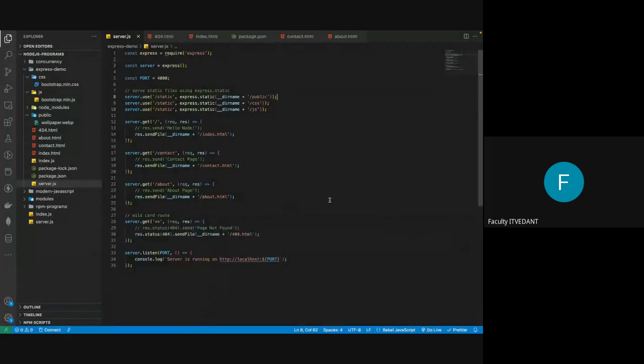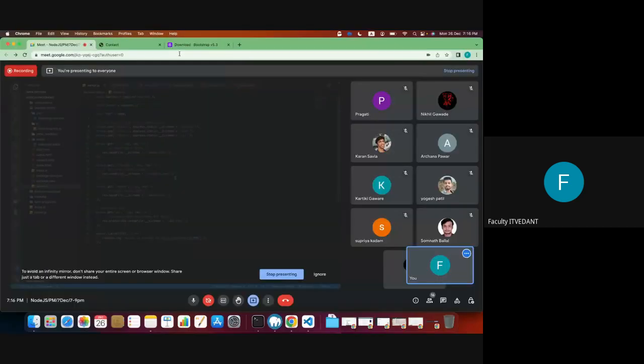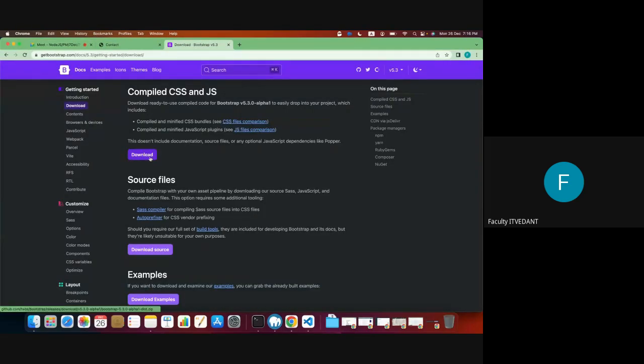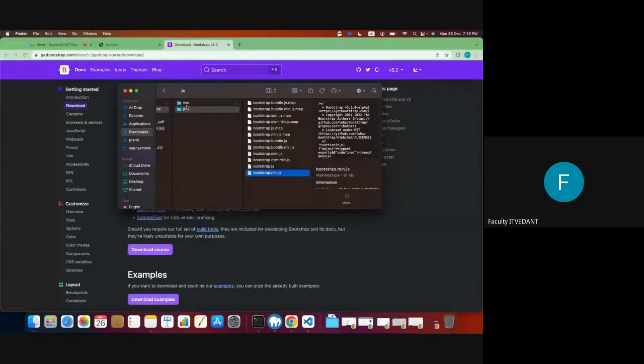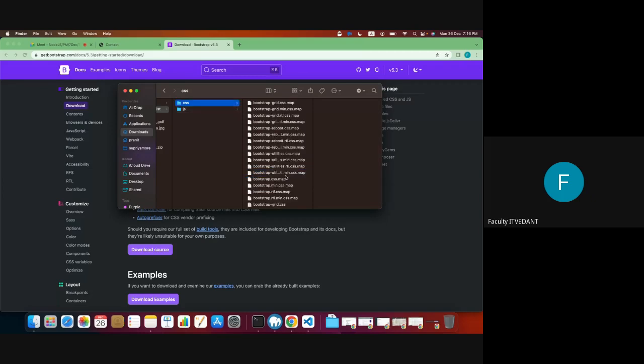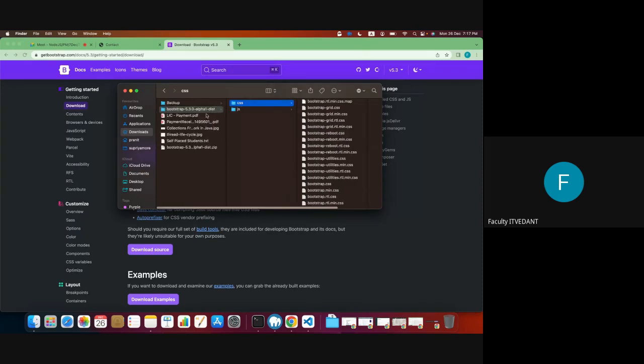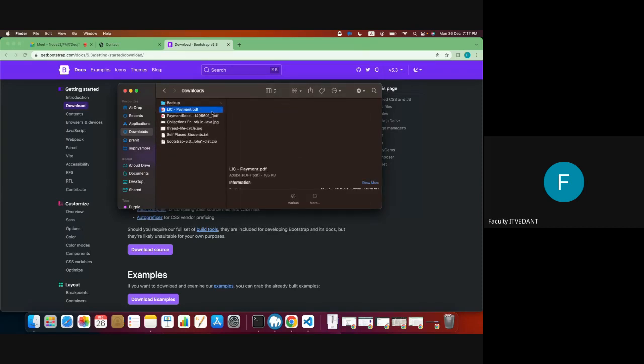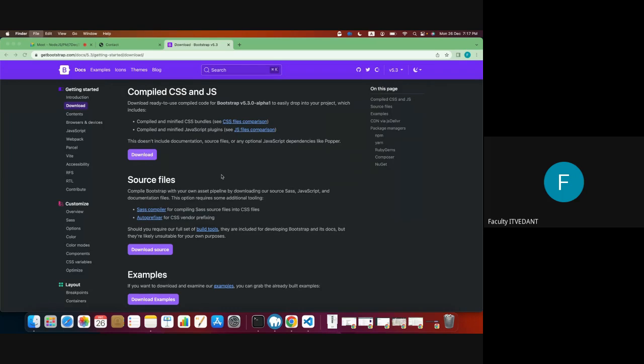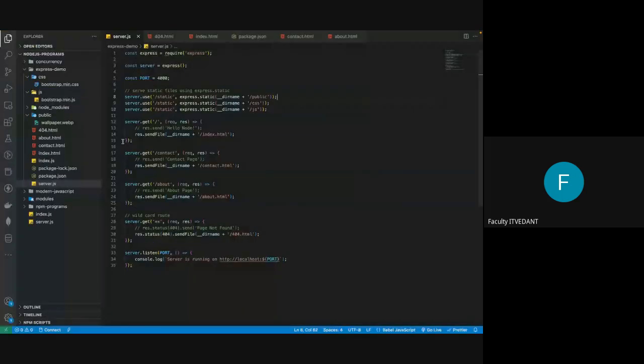So first of all, download the bootstrap compiled version, the compressed file, and extract it. After extracting, you will get css and js files. Use bootstrap.min.js and bootstrap.min.css. We don't need everything. We just need the bootstrap.min.css and bootstrap.min.js files. Just copy them into your css folder and js folder, or if you want, you